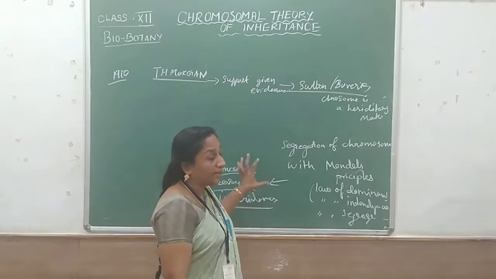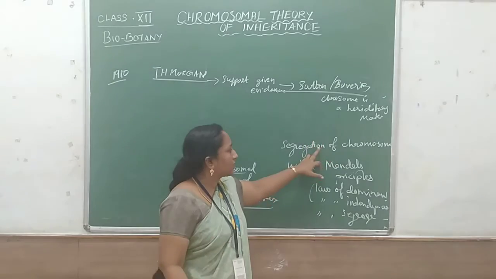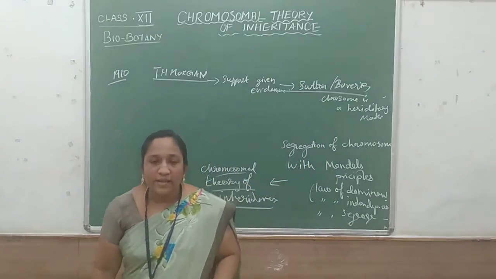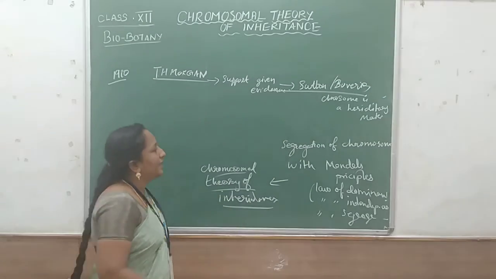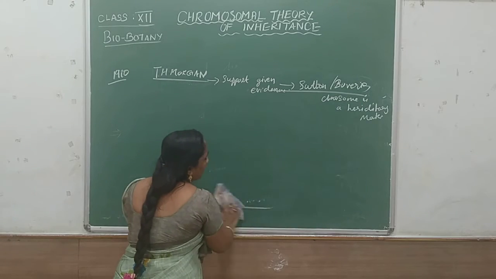Who discovered this theory? That is Sutton and Boveri. They combined their own discovery of chromosomes along with Mendel's principle, and they discovered the chromosomal theory of inheritance. And next we are going to learn about